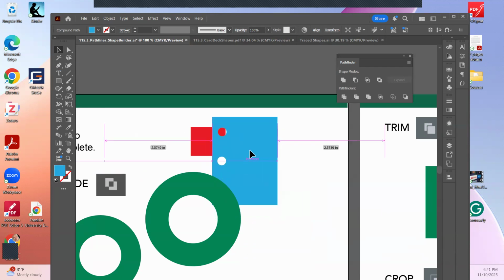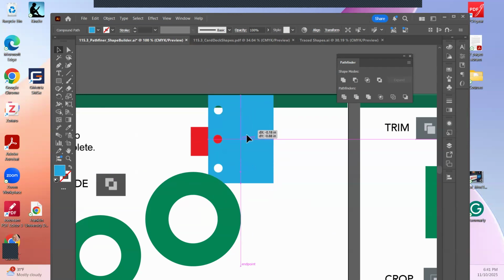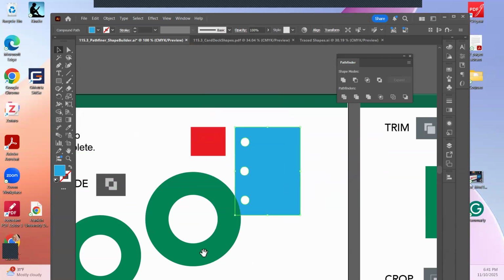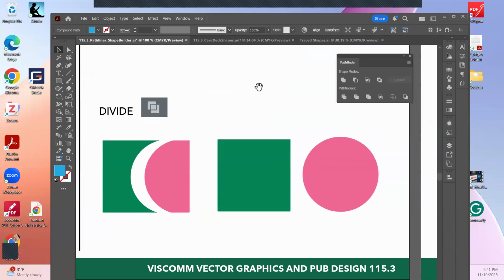There we go. Do you see how that happened? Okay. Now for the last shapes that are down here on the bottom, it's gonna feel like they are doing